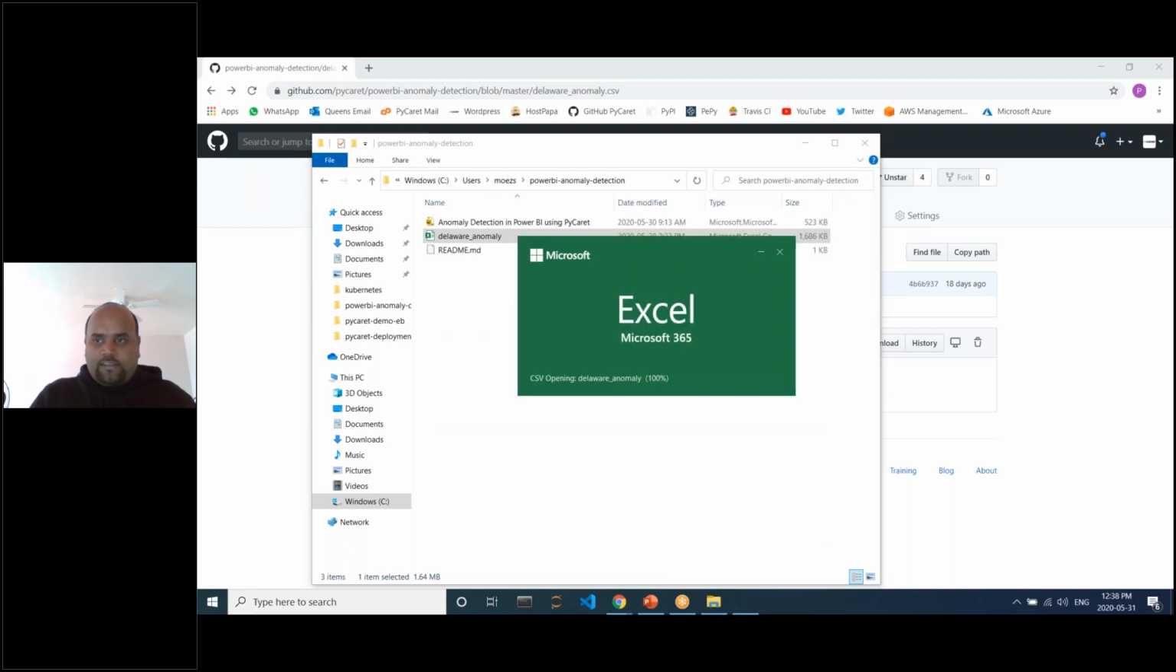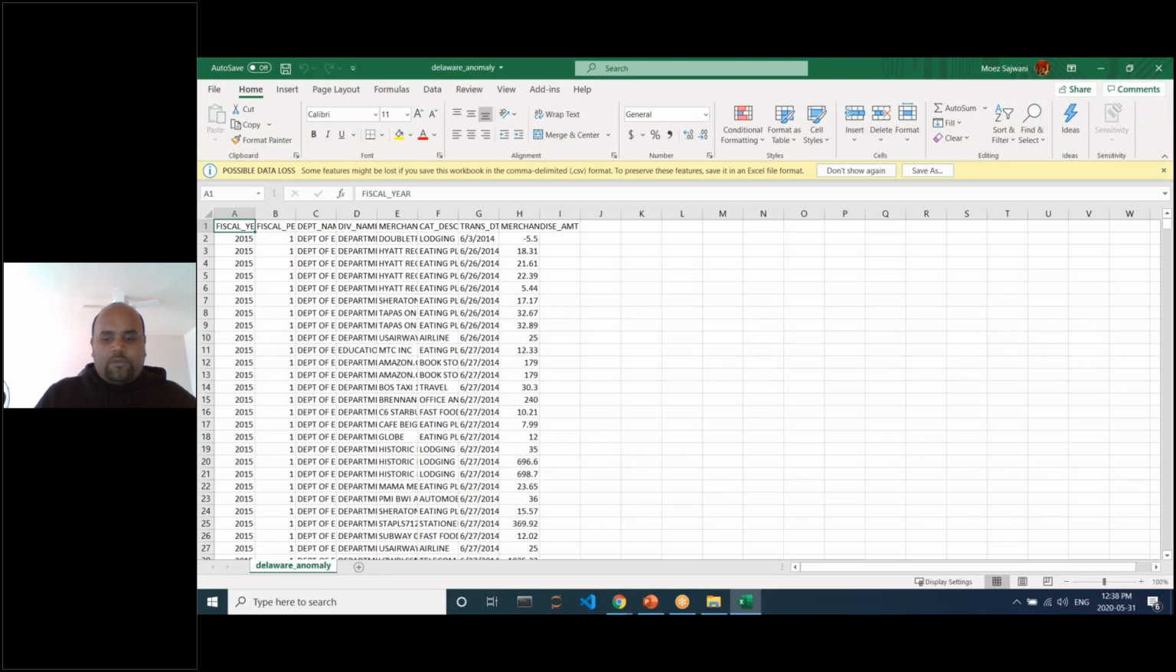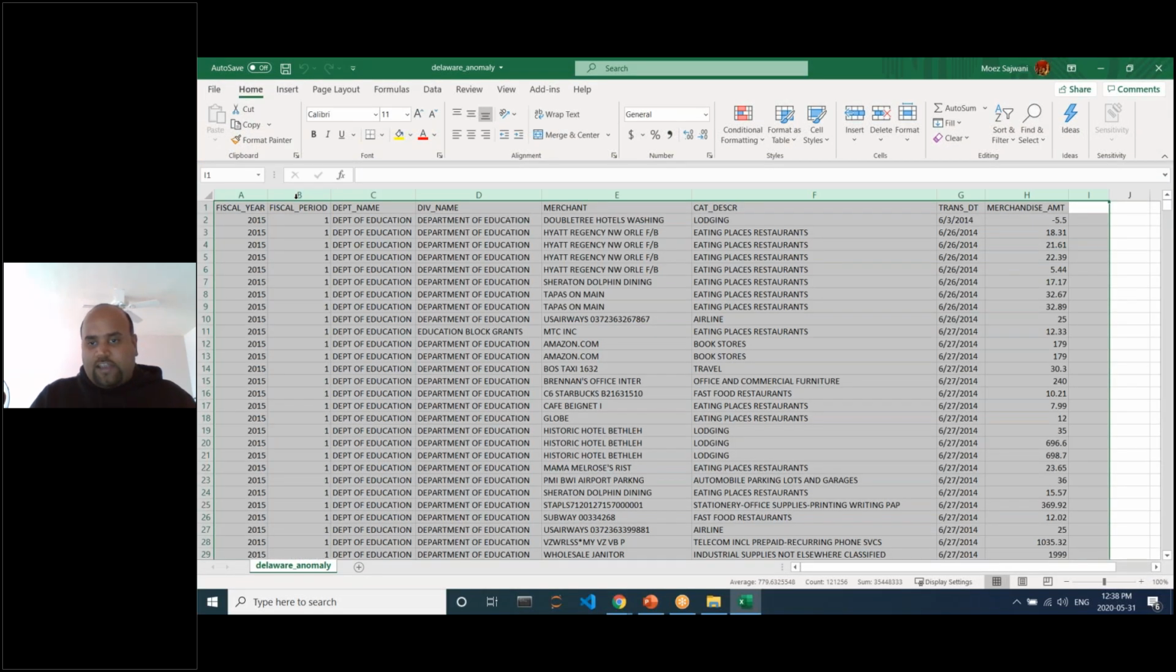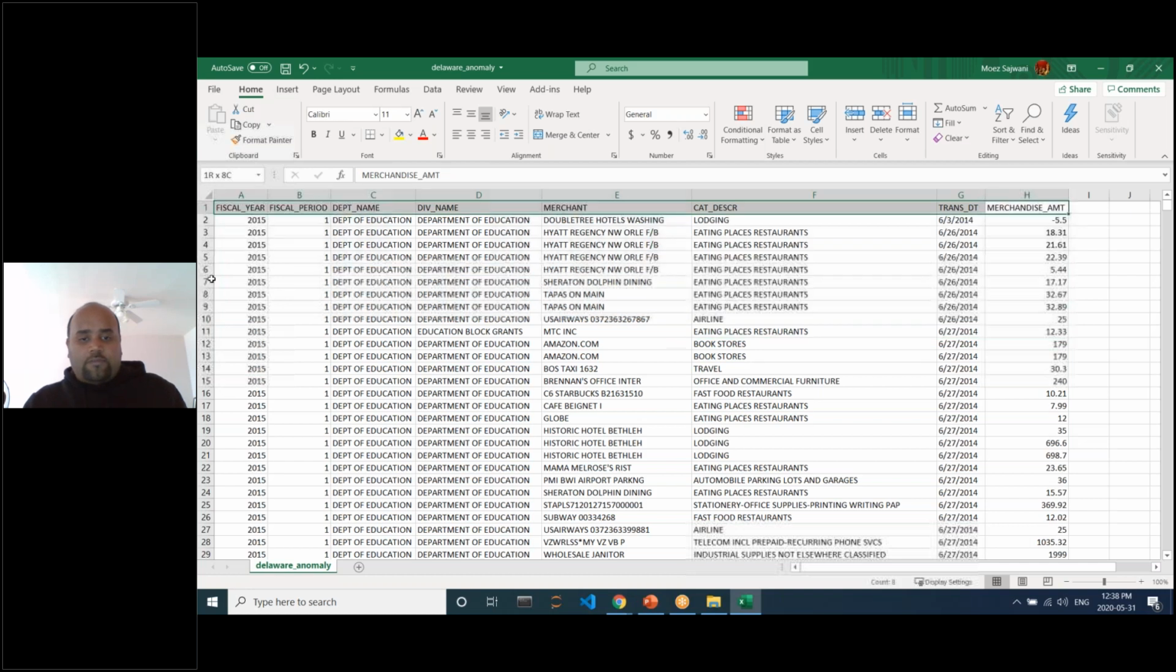Okay, so this data set is basically the year and the period of transaction, name of department, name of division, which merchant, category of expense, date, and the amount, right? And based on that, our use case is this data. Power BI is connected to some kind of SQL warehouse or any other warehouse, and this data is being pushed every night into the data